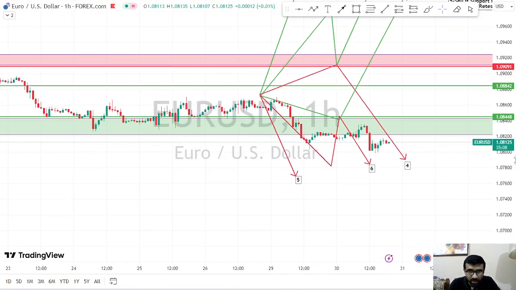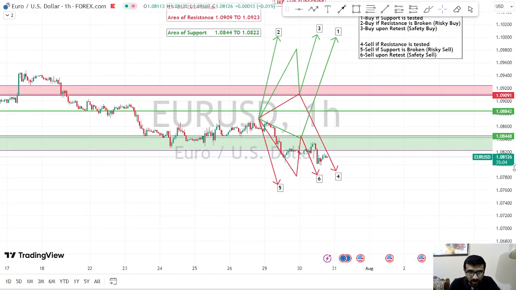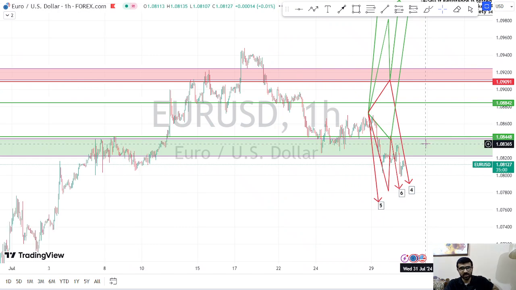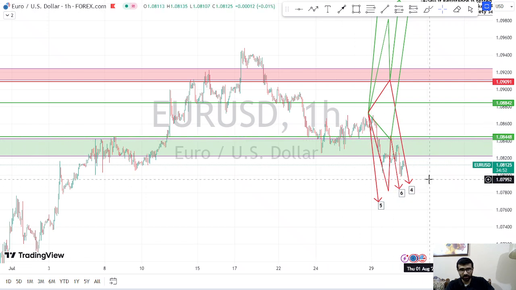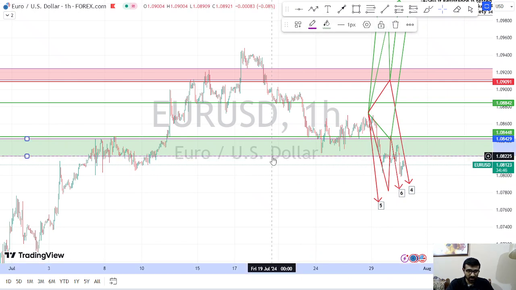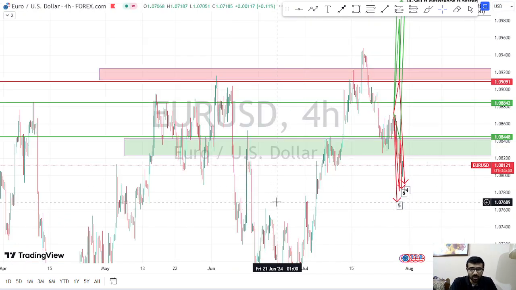Okay, so now let me move the market for new areas. As you guys can see, the market has broken the buying structure, as the market has not maintained this major area of support and has gone below. So now we'll be looking for some good selling positions in this pair of Euro USD. For that, let us go to the longer time frame, which is the